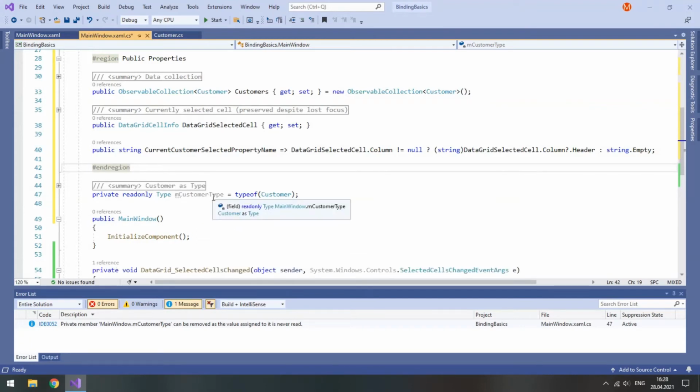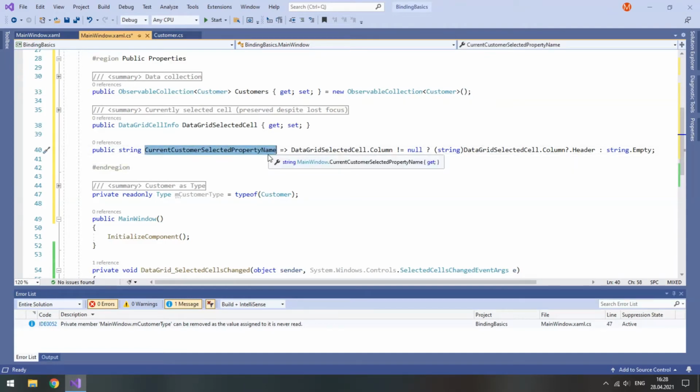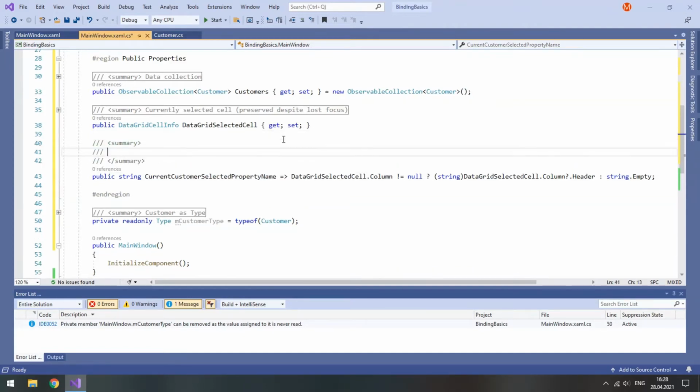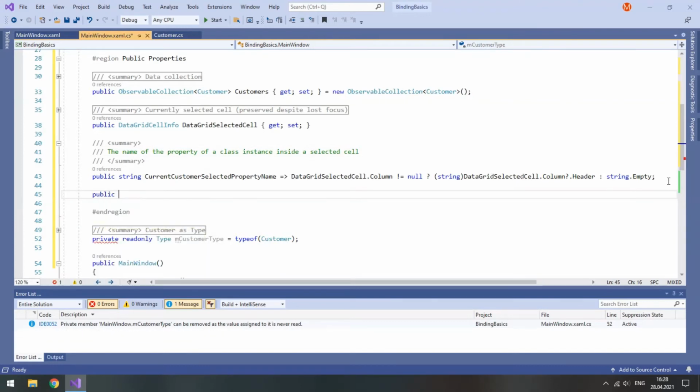Now, why do we need to store this type? It's because we need the property of a class instance inside a selected cell, which will be derived from the name of the property. By the way, let's leave a summary here. The name of the property of a class instance inside a selected cell. And here, public, and then property info. Press Ctrl dot and include it.